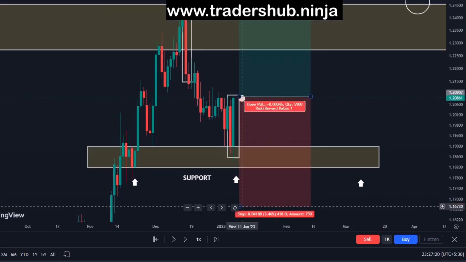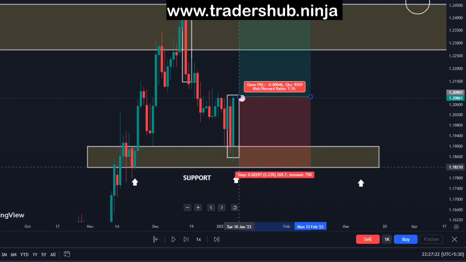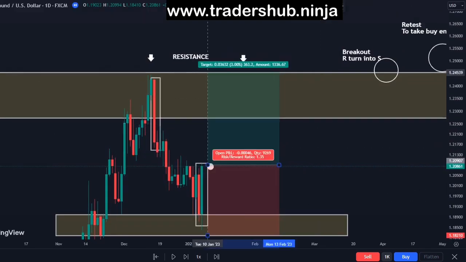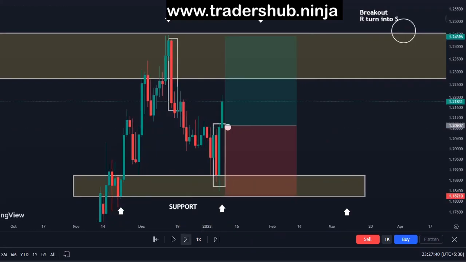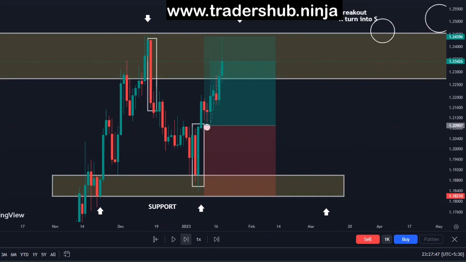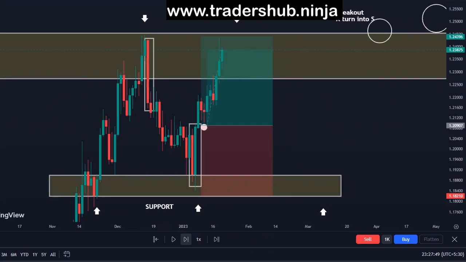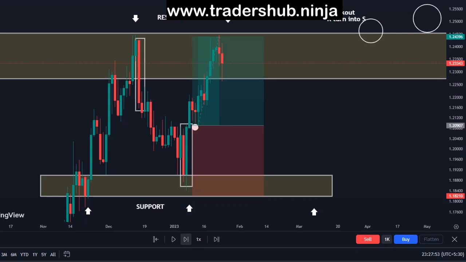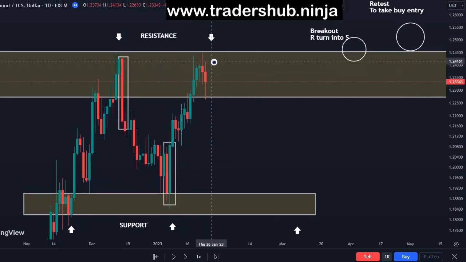What will be our stop loss? Our stop loss is our swing low and our target is the resistance zone, the previous resistance zone. What will happen? Buyers are in control of the market because the bullish engulfing candle formed at a proper support level. So our target was hit. Look here, it was a proper resistance zone. Here the market respected it, sellers are taking control.